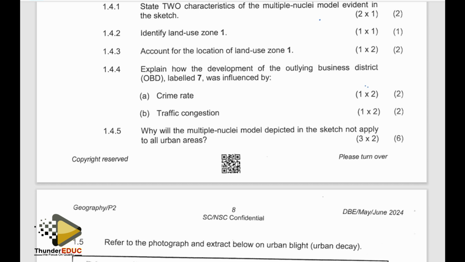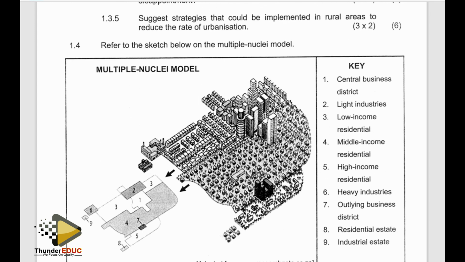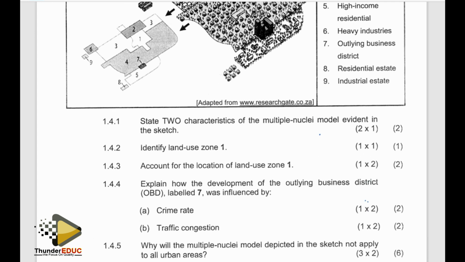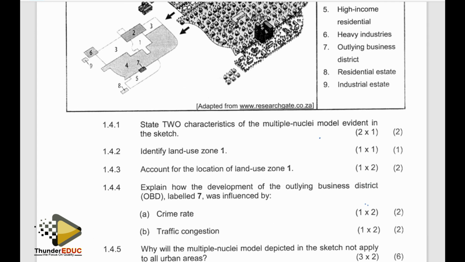They do not have the same setup as what this model suggests by these two guys, Harris and Ullman, because of the legacy of apartheid in South Africa. Remember, there was the Group Areas Act where people were supposed to settle according to ethnicity, not level of income. So you tend to find that there were areas for black people and areas for white people, areas for the Indians, areas for the coloreds,